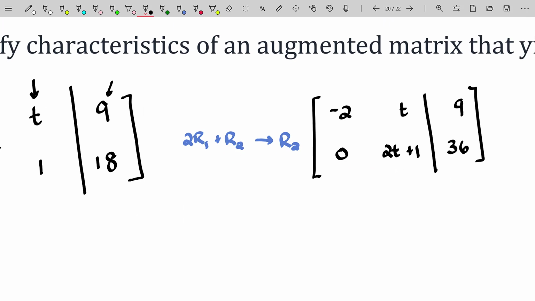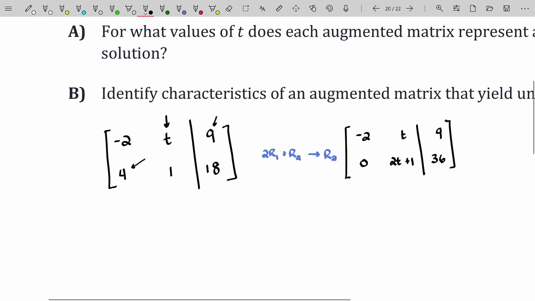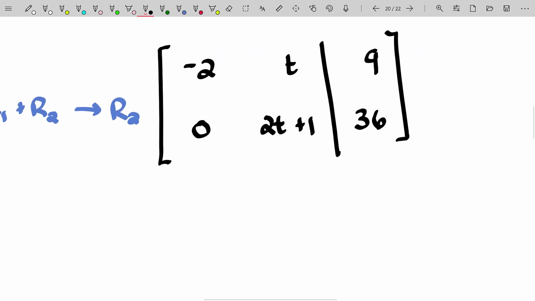Now let's take a look at the underlying linear system. Remember, these are row equivalent matrices right here. And from the previous video in this lecture series, we know that if matrices are row equivalent, then the solution sets of their underlying linear systems are the same. In other words, the linear systems they represent are equivalent. So let's take a look at the linear system represented here.